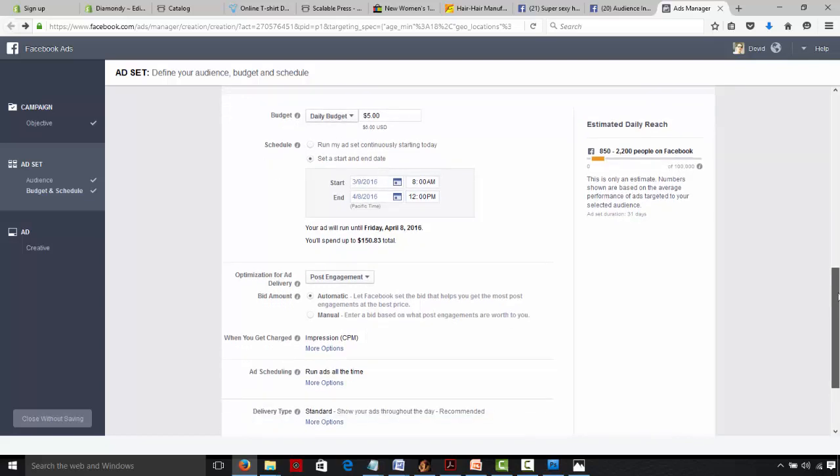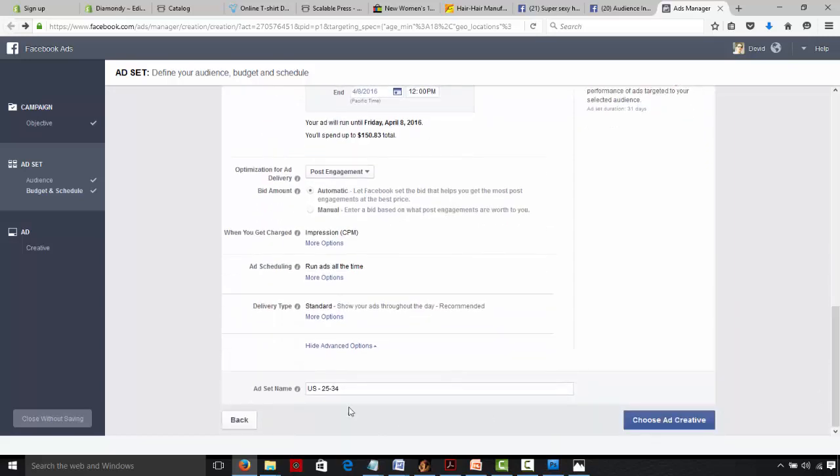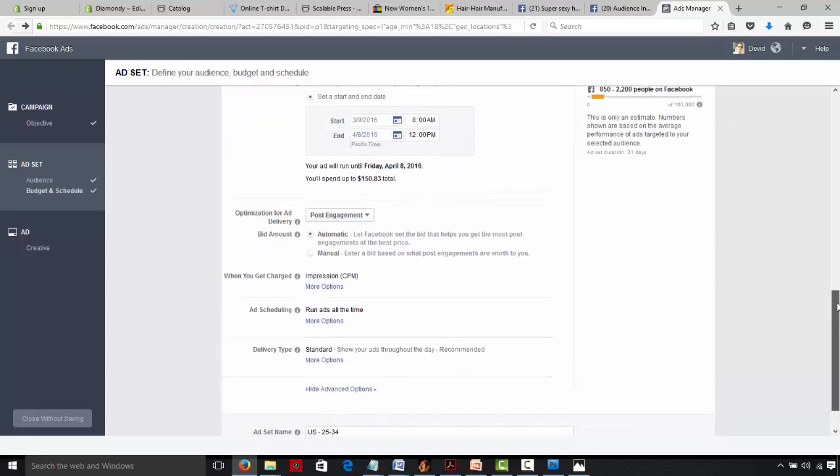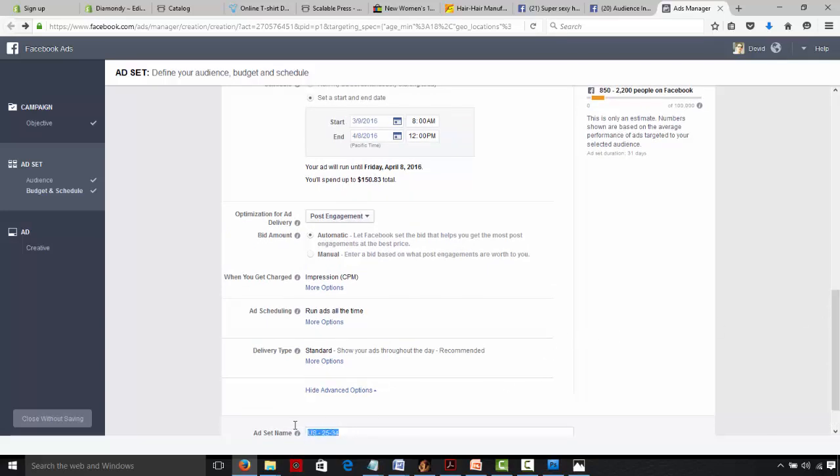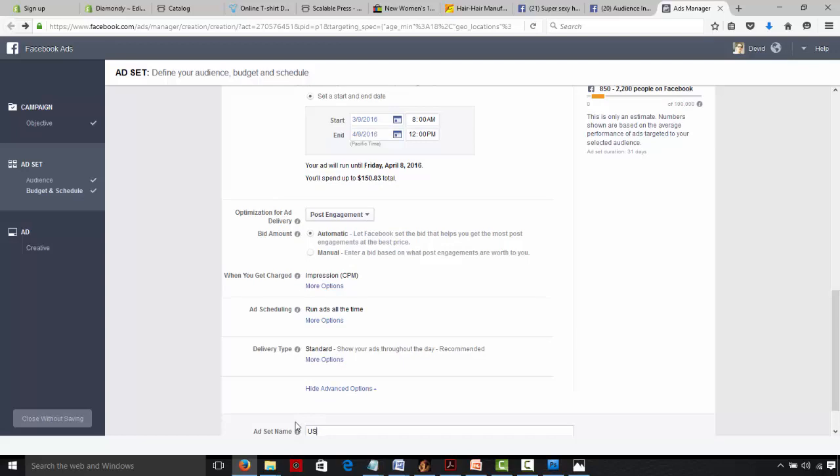Okay, so as you can see, everything here, the ad set name should be very specific. You just have to insert all this information based on your ad, the ad that you're going to create. So make this very specific, something like the S, F, 25 34, sexy hair, mobile. Okay,